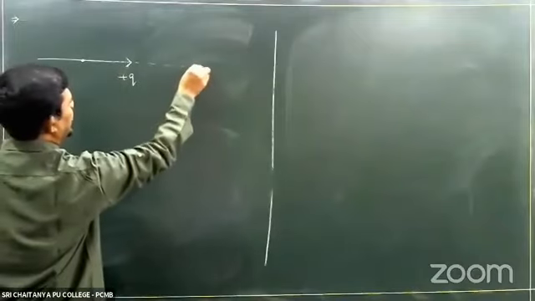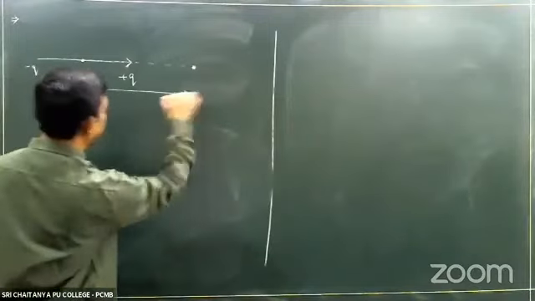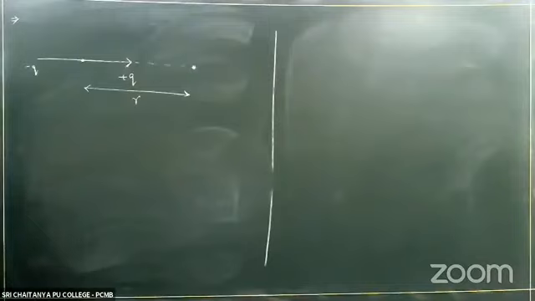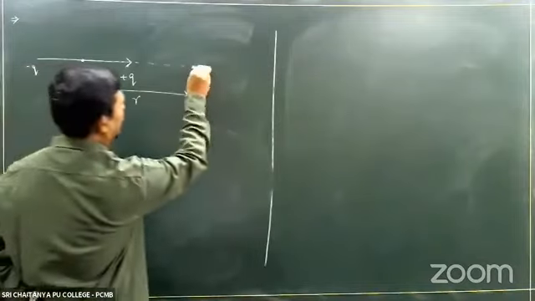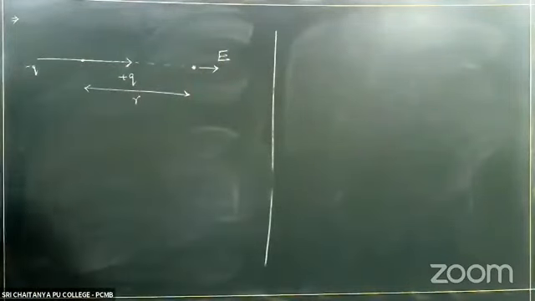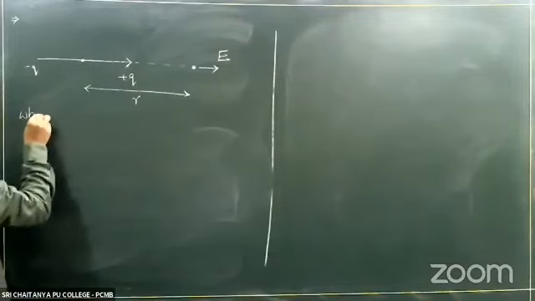I am choosing a point C on the axis of the dipole, at a distance r. Here the field is given as E. The question asked is: